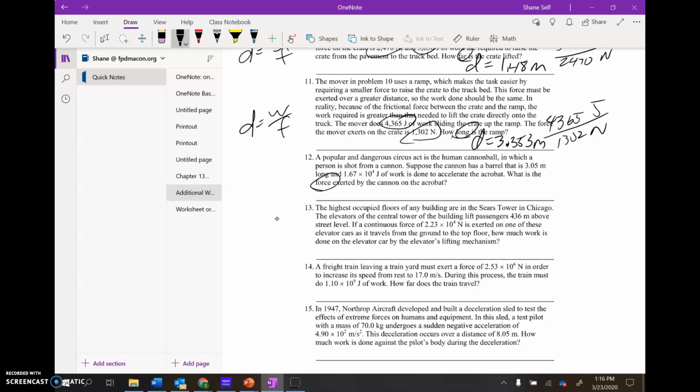What do they want? They want that guy right there. We know that force is equal to work divided by distance. That's the 2 numbers they gave us. Work goes on top. Here it is in joules. 1.67 times 10 to the 4th divided by distance, 3.05 meters, which gives us the force of